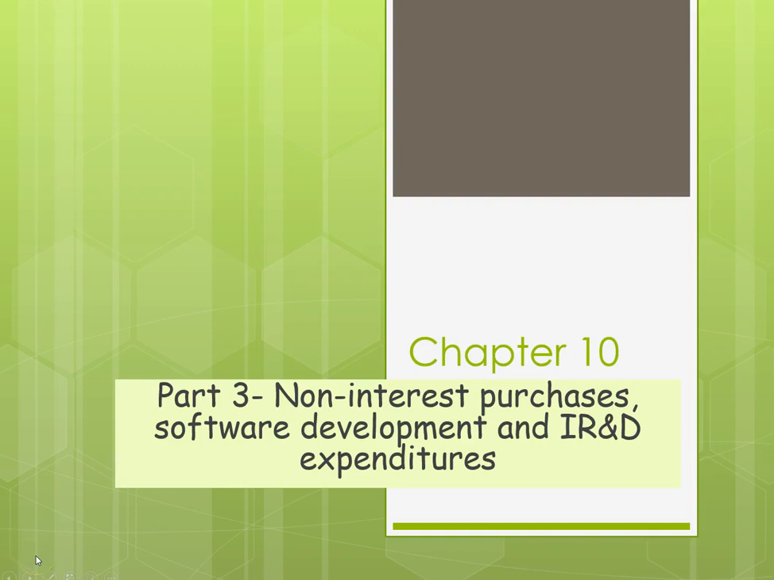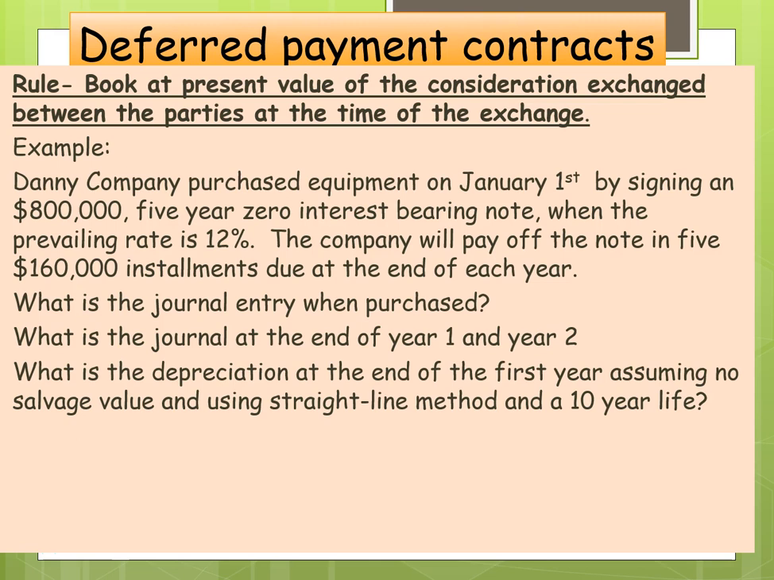Part 3 for Chapter 10, we're going to cover non-interest purchases, software development, and IR&D expenditures. Deferred payment contracts. Rule: book at present value of the consideration exchanged between the parties at the time of the